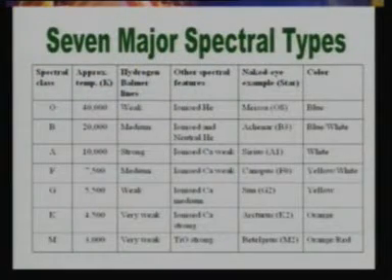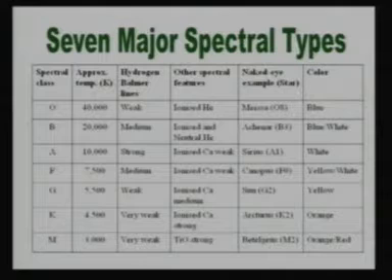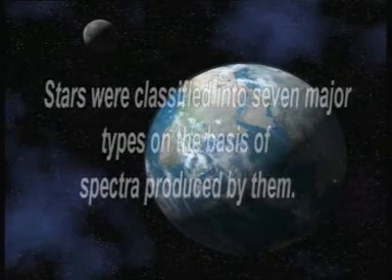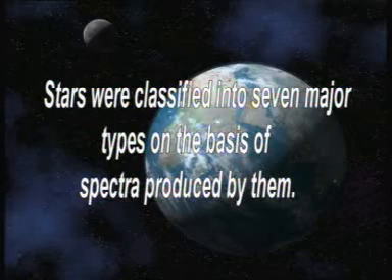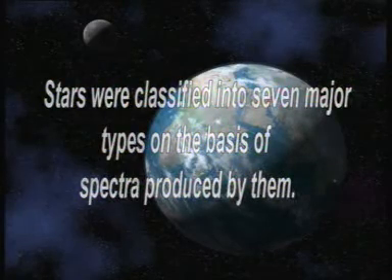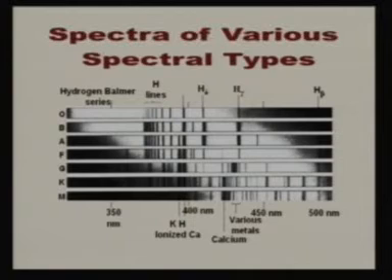Depending upon the kind of dark lines that we get on the bright background, the astronomers or astrophysicists classified stars in 7 major classes: O, B, A, F, G, K and M. All these major classes are again subdivided each into 10 subclasses from 0 to 9. For example, we can have a star B0 and we can have a star A9, we can have a star like the Sun as G2 and like that. These are the major spectral classes.